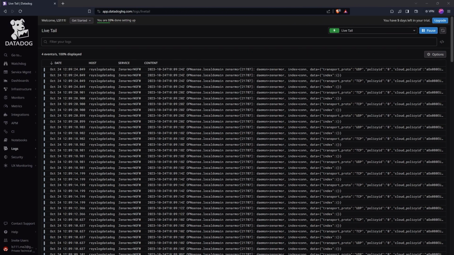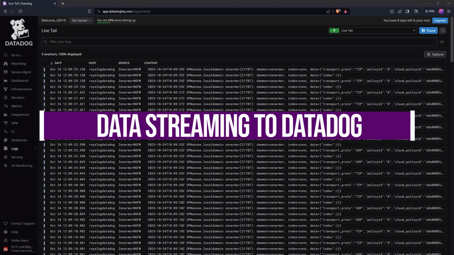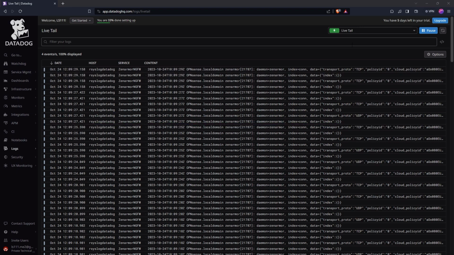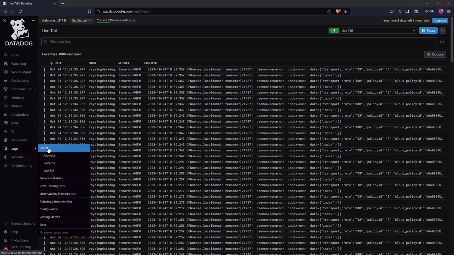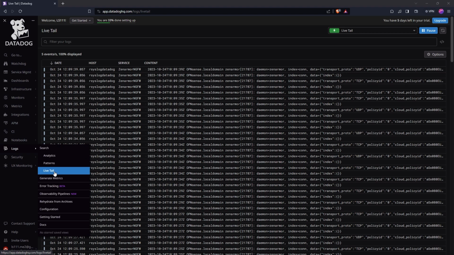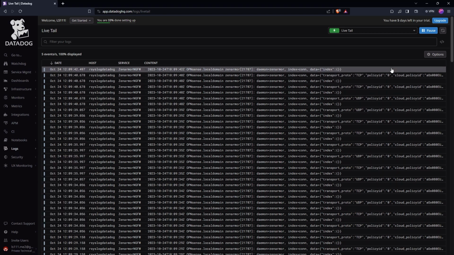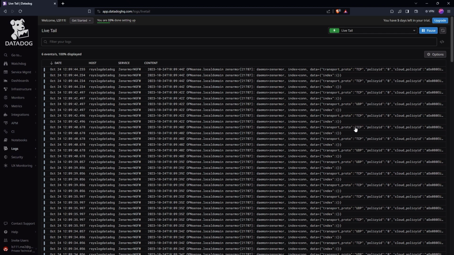So if all went well with the previous steps, you should start seeing data after a few minutes beginning to stream into your Datadog instance and dashboard. To view this, you simply go to logs and either to search, or you can go to the live tail view like I have currently at the moment. And you'll see in LiveTail, this shows every little bit of data that is coming from Zenarmor and from RSyslog